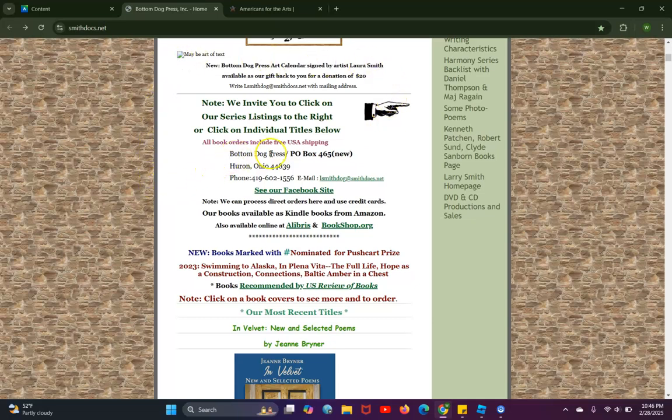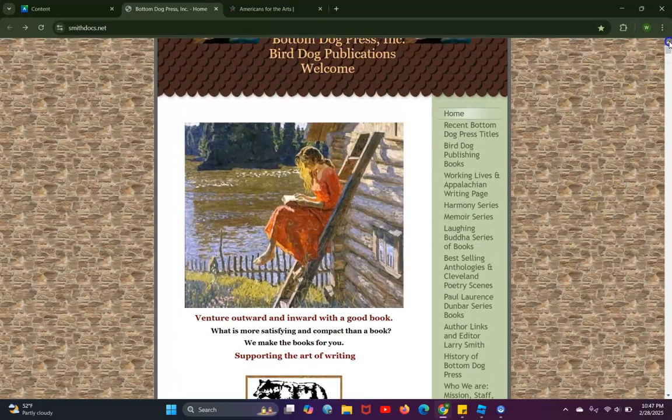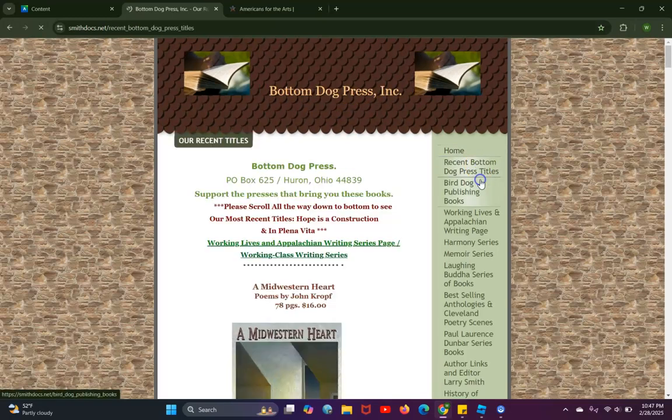Instead, we have information like the address, the link to the Facebook page, and other things all just sort of thrown together, and the user has to really look through it all to find what they might need. This Facebook link could be an icon at the top of the page or bottom of the page, as the user would typically expect. And one more thing, when we click on recent Bottom Dog Press titles, we find that